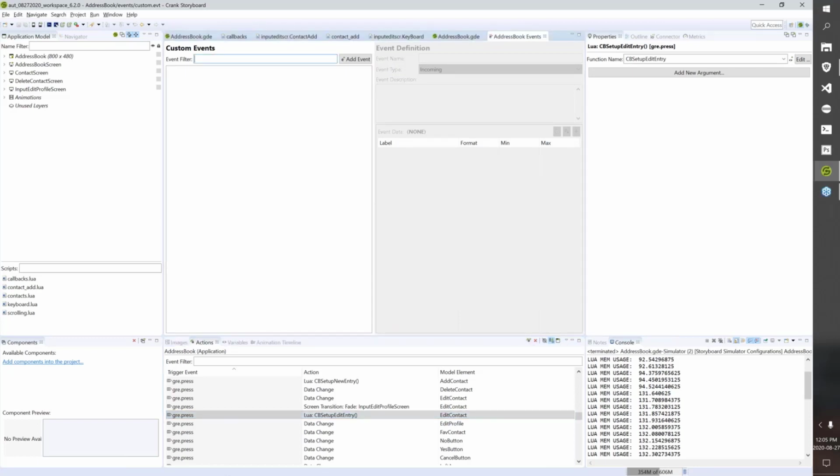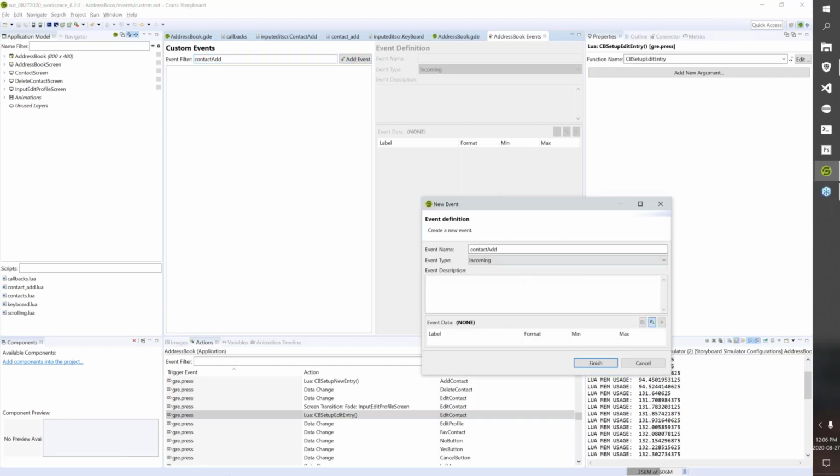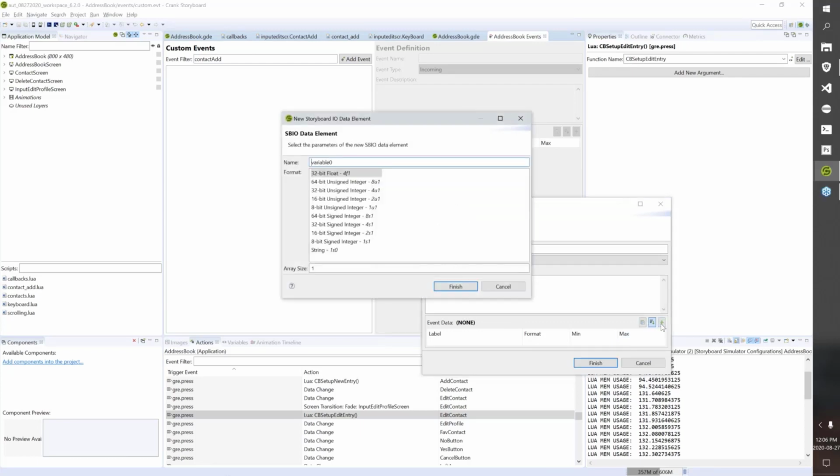So if I add in something like contact add, let's say we wanted to have a back-end application add contacts into our event. One thing we could do is create this contact add. Now, when we're creating this event, there's probably going to be data associated. Maybe you're getting a JSON string, so you set it as a string 1S0, and you're pushing all that data through all at once. Well, maybe there's another way you can change that up. Maybe you can break it up so that you can use some more known entities like an integer or a float,